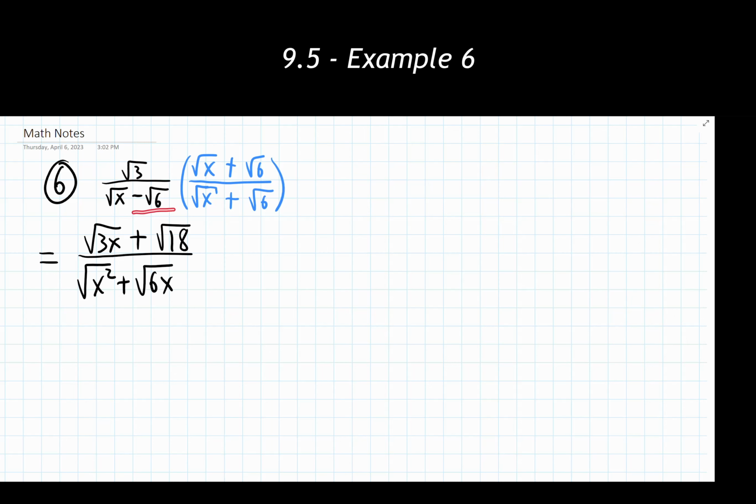And then I have this negative square root x that's going to multiply through to everything inside here as well. That's going to give me minus the square root of 6x minus the square root of 36. Okay? I'm now combining like terms and canceling things out in the denominator where I possibly can. Square root of 6x minus the square root of 6x, those are going to cancel. The square root of x squared is going to simplify down, and then the square root of 36 is going to simplify down because both of those are perfect squares.